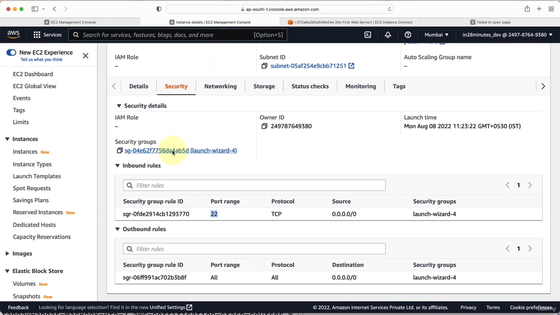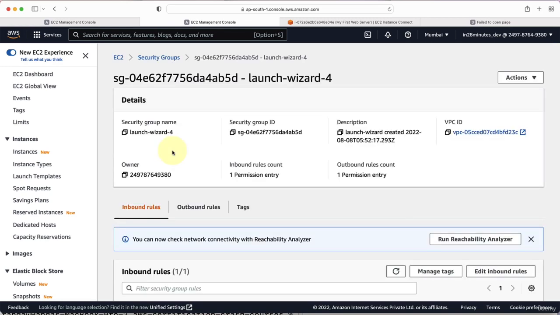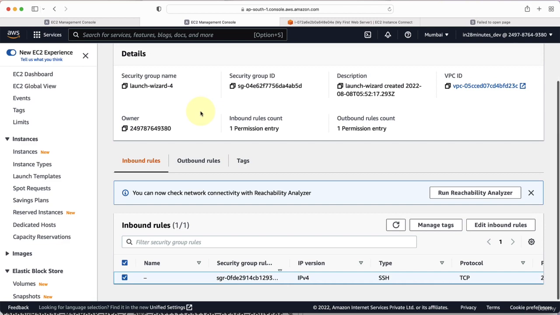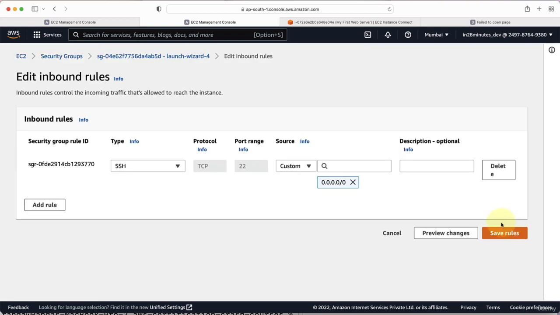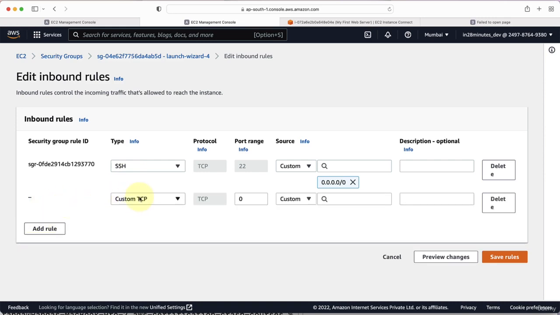So I'll go and click the security group which is present in here. This would take you to the security group. And if I go over to the inbound rules, I can go ahead and edit inbound rules. Right now, the only inbound access which is allowed is SSH. What we want to do is to add another rule. I want to allow